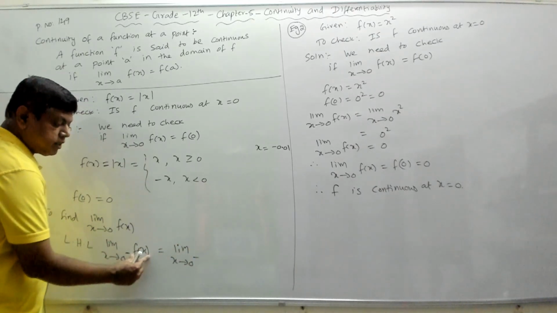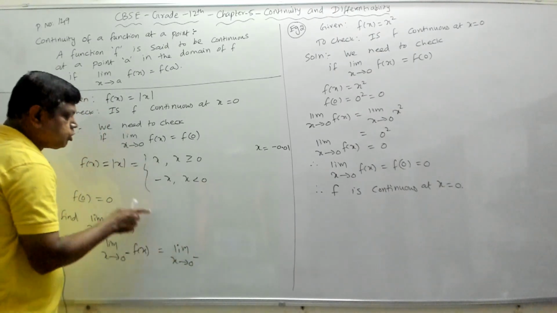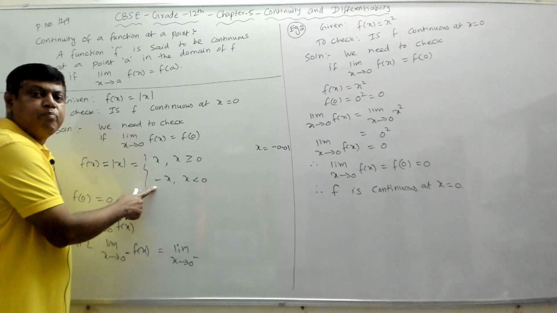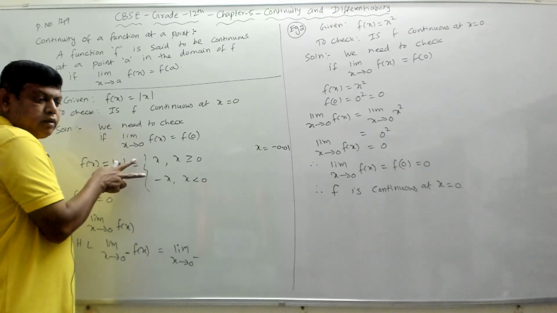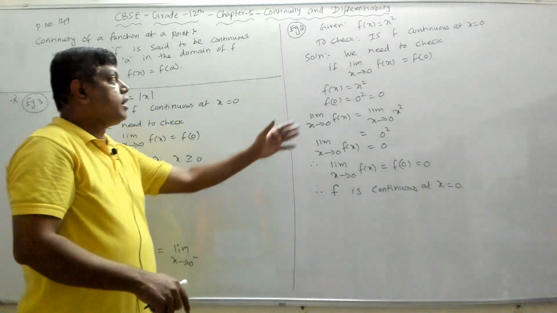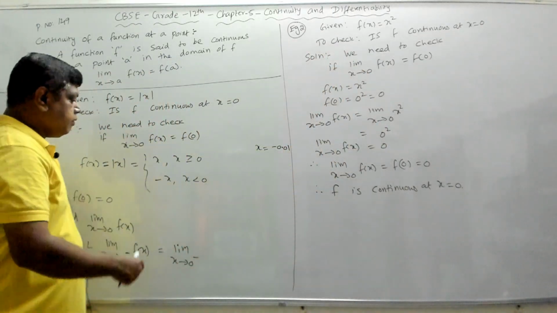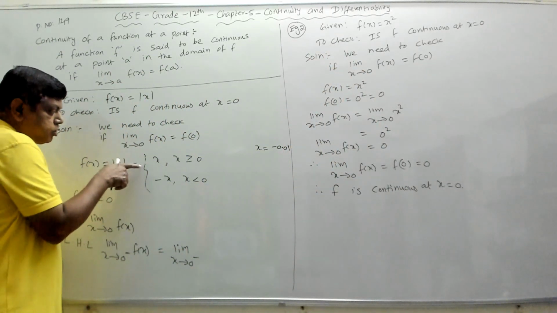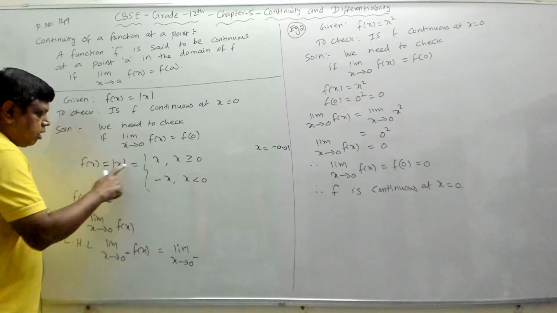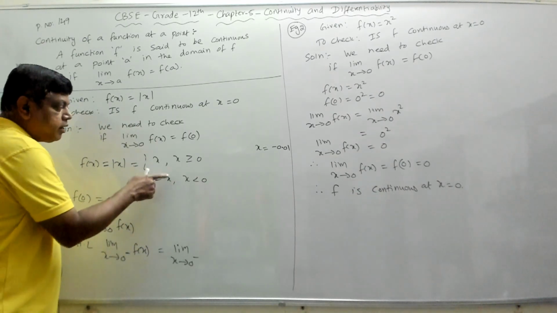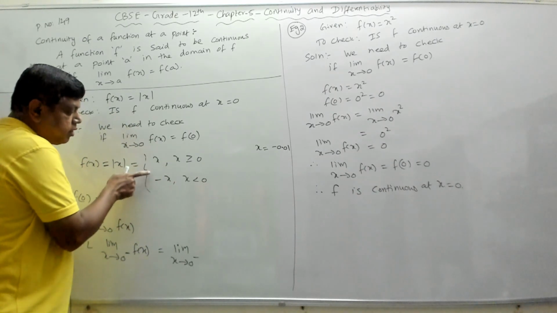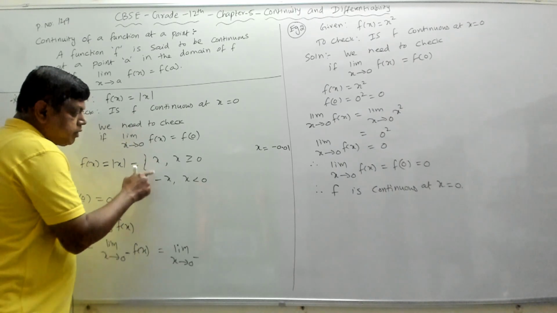See, we have f of x. I have to substitute the value of f of x. So which one will I substitute, x or minus x? We don't know, because there are two definitions. F of x is not a single definition like what we had here. So here we are having two. I need to decide whether I should substitute f of x as x or as minus x. For that, the definition of f depends on the value of x.